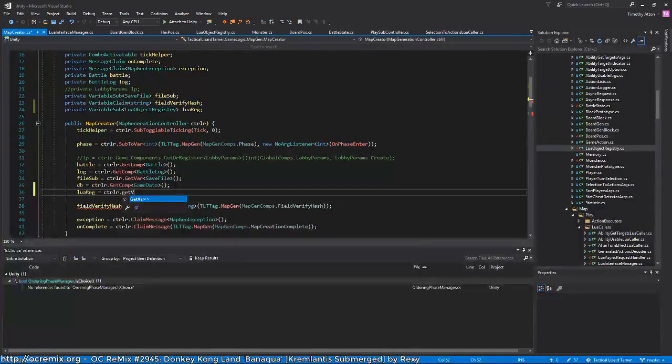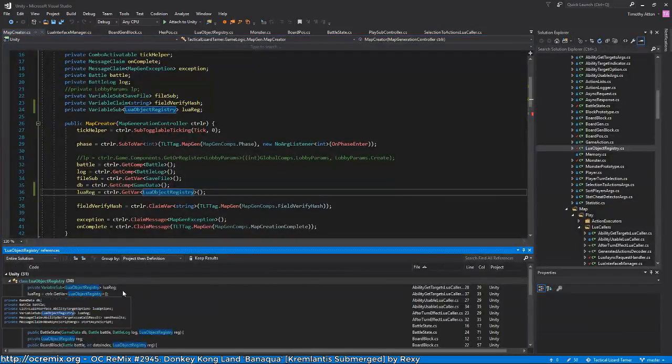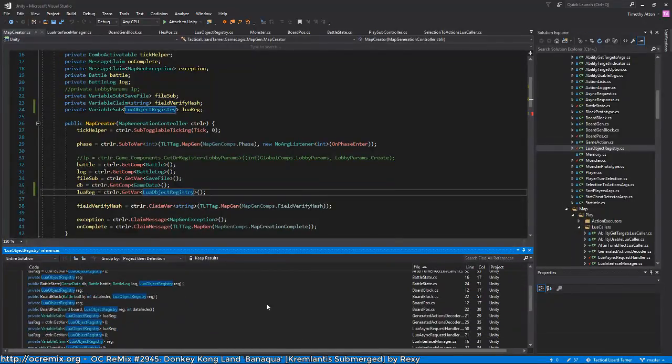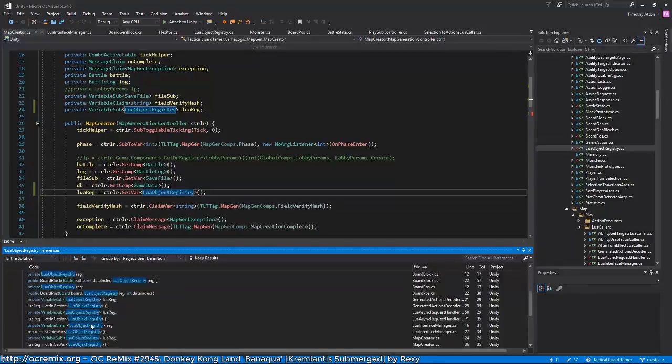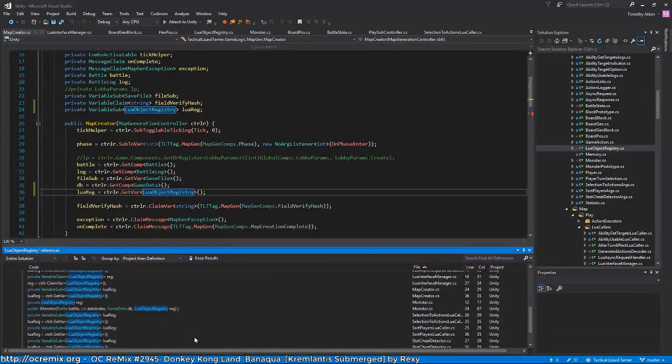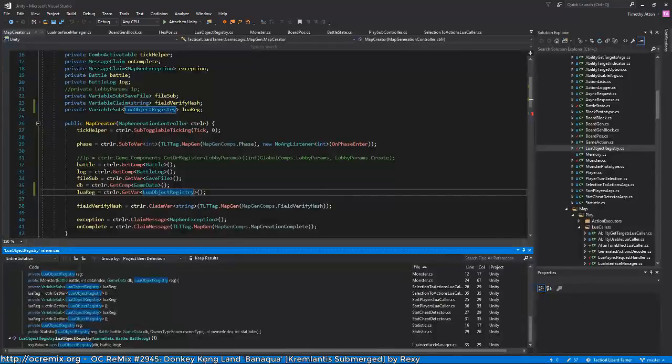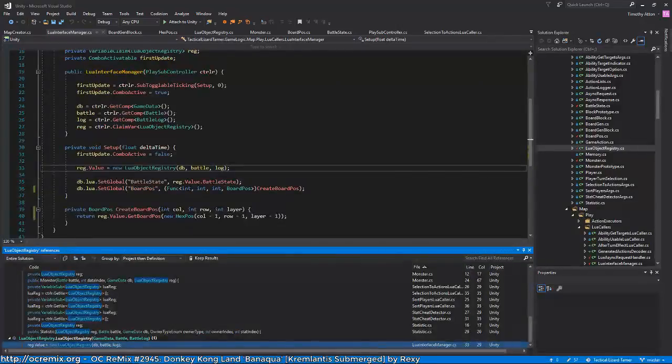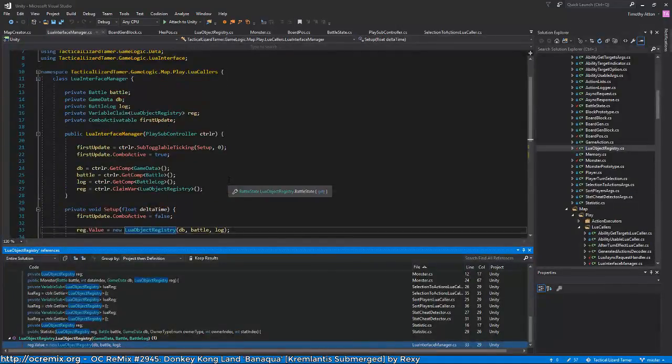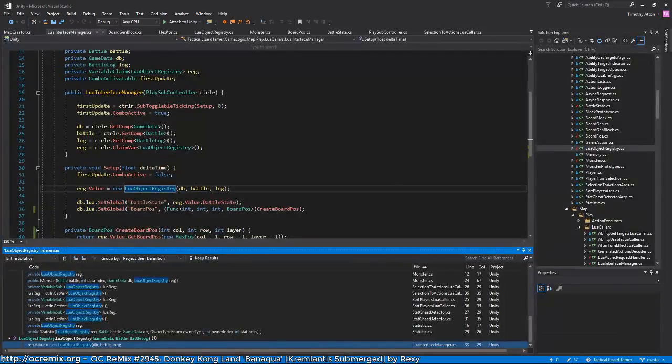Controller, look at variable. Okay, and when is this actually deposited in here, I wonder? Or in other words, when is the value or variable claimed? Right here on the interface manager, okay. So, let's see. Maybe what I should do is just have this object